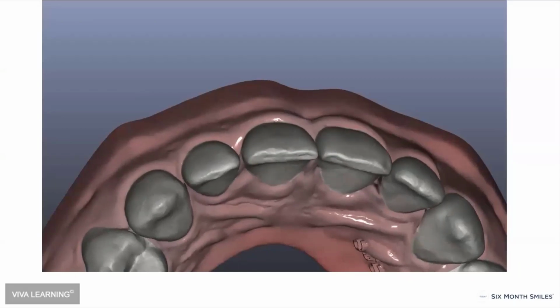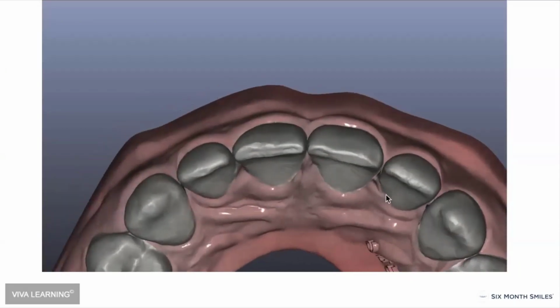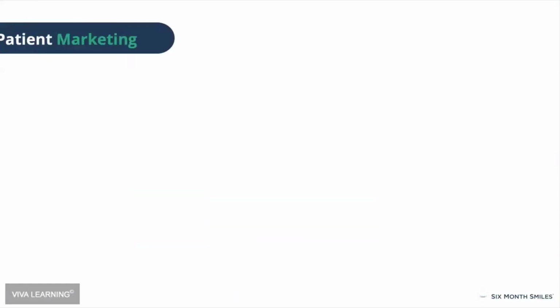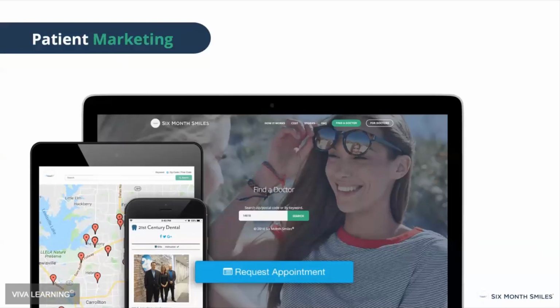Why is that? Well, you could perhaps retract more and close the spaces, but then that will create an element of collision with the lower arch. So you wouldn't want to do that approach, and also you might end up collapsing or making a very flat arch shape or anterior segment, and you don't want to do that. So you want to have a nice and round arch, and then just do a little bit of composite or a couple of veneers on the laterals. That will definitely help you